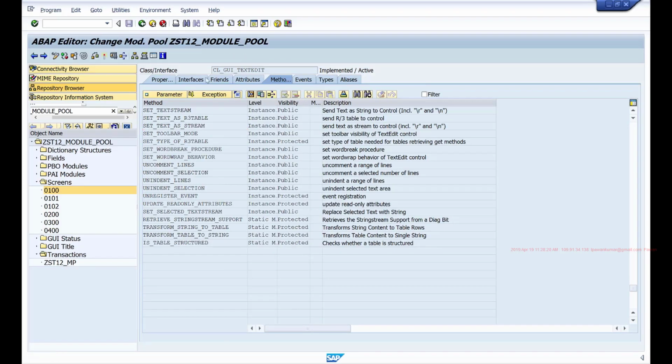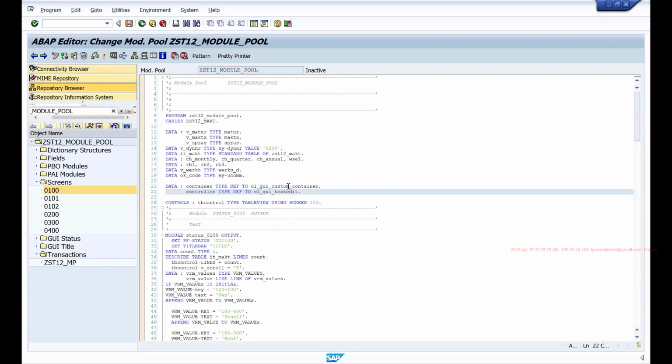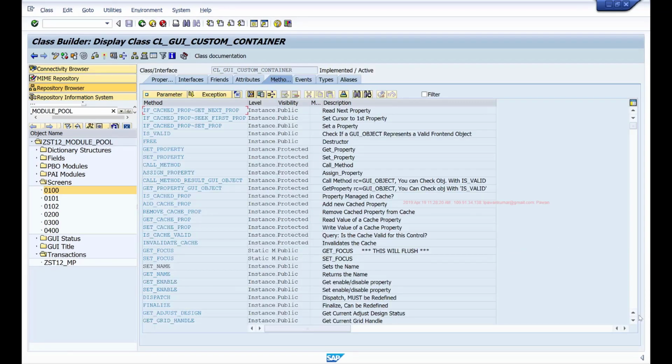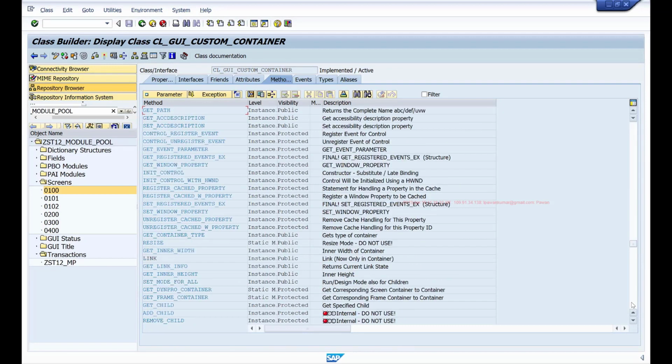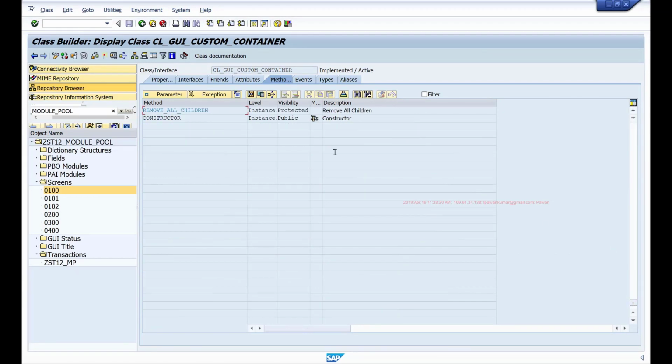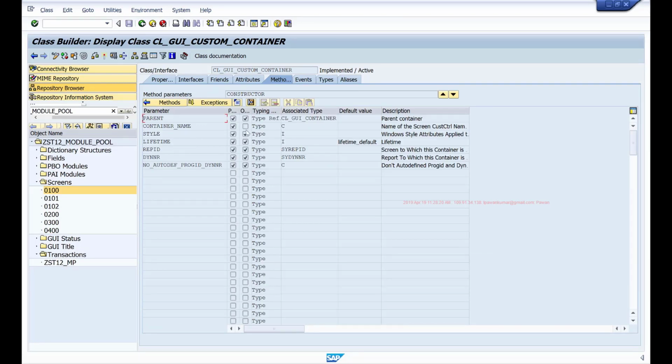And if you look at this custom container, they have a constructor. So when we are instantiating this container, all are optional except this container name. So we have to pass the name of the container that you have defined on your screen, and it will get me reference to that container.